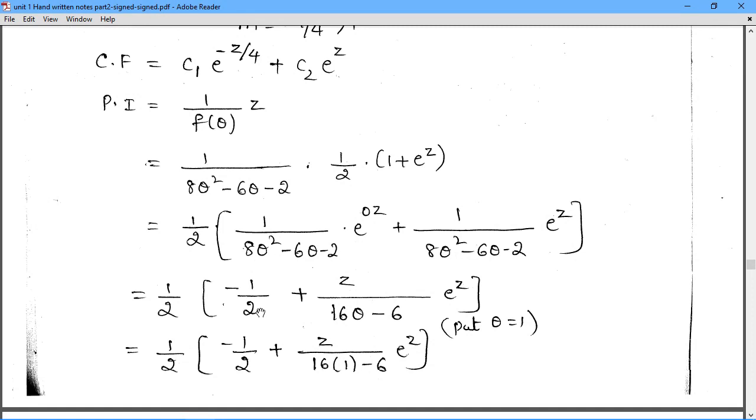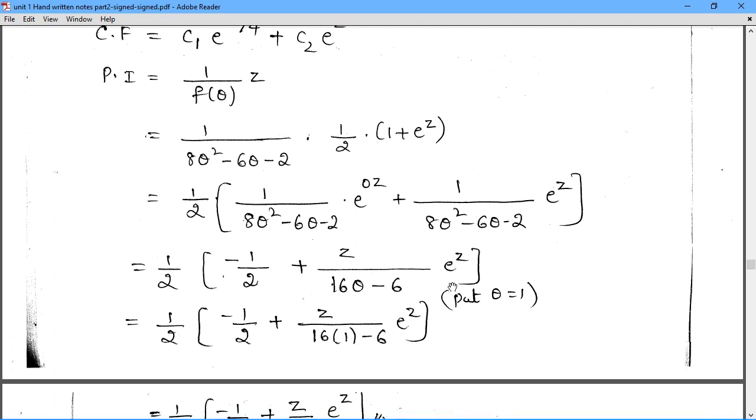So a non-zero number has occurred. But here, putting theta equal to 1, because e power z is compared with e power az, here a is 1. Putting theta equal to 1, clearly we will get 0. That is 8 into 1 square minus 6 into 1 minus 2, 8 minus 8, 0. So we have to take z as the numerator, and the denominator will be differentiated with respect to theta. Theta square derivative is 2 theta, already we have 8, that is 16 theta, minus 6 theta derivative is minus 6, minus 2 derivative is 0.